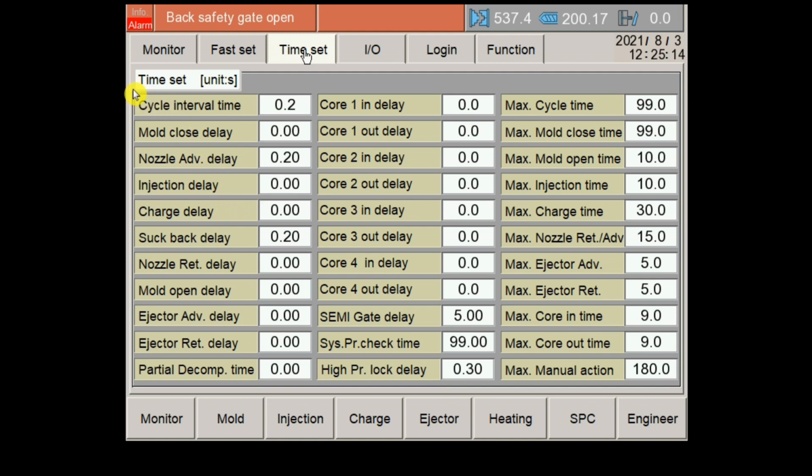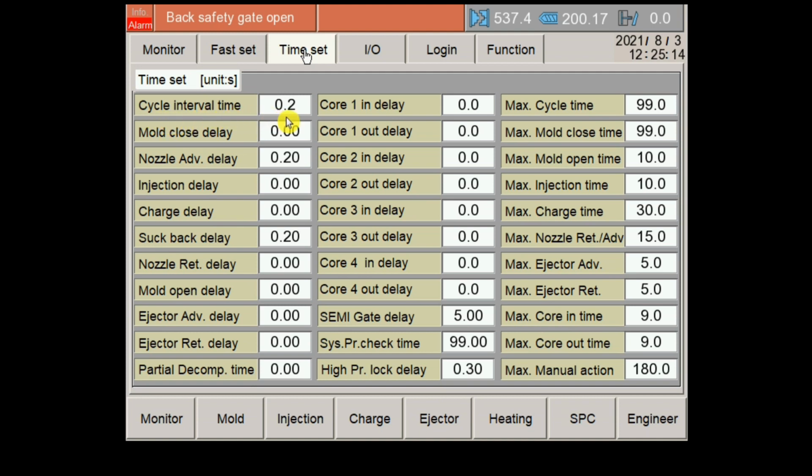You can clearly see here it has been written as time set, and the unit has also been mentioned, that is S. S means second. So each and every time in the machines is mentioned in seconds. Our first option here is cycle interval time.